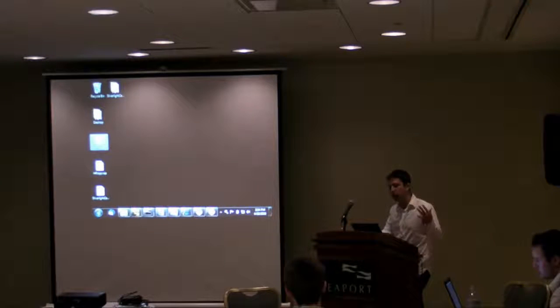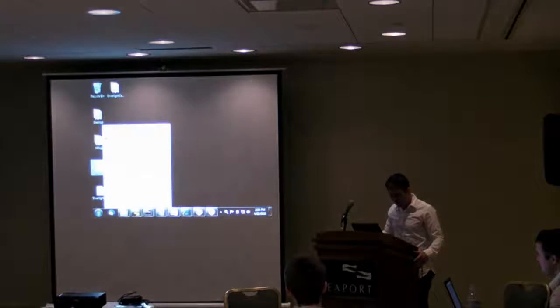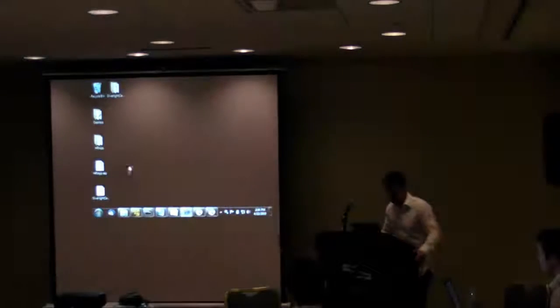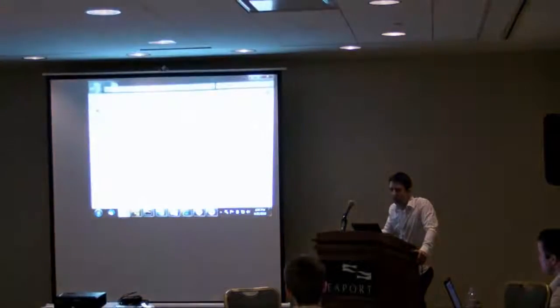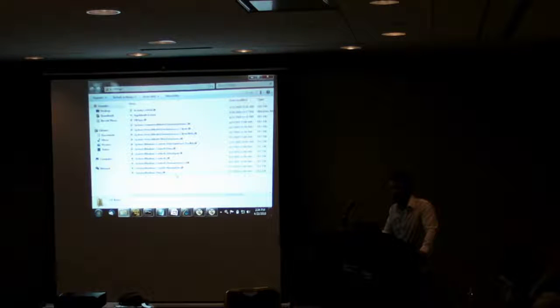I'm running 2 VMs for these demos, so the machine is a little bit sluggish. I'm going to go ahead and just extract this to a folder. It's already there, but I'll just overwrite it. And then what happens here is in this folder, this is the contents of the ZAP file. You can see it's basically just a bunch of DLLs